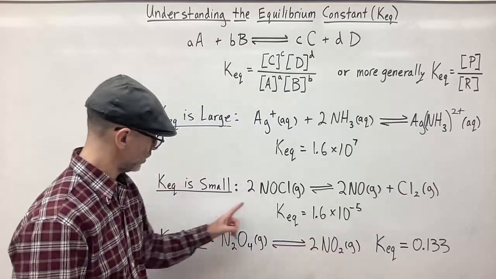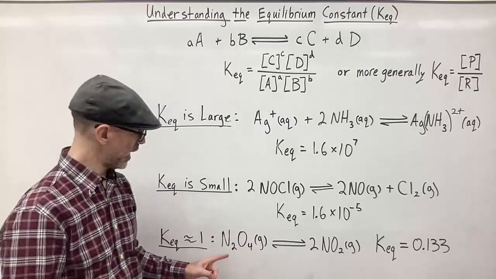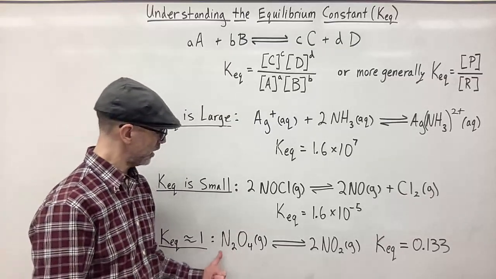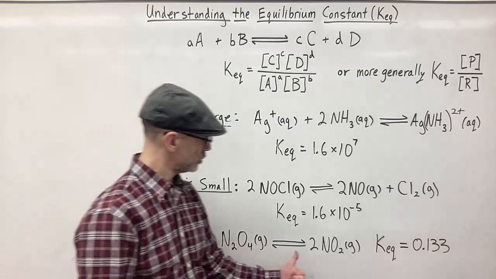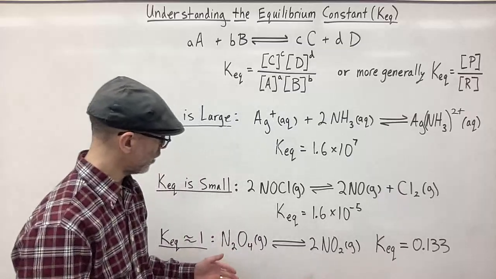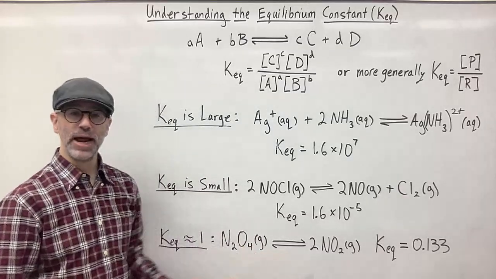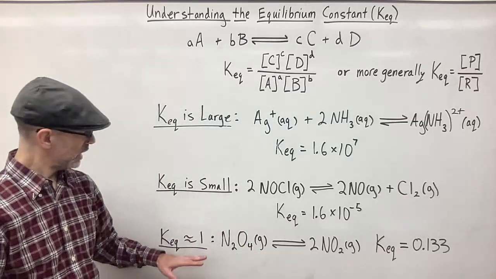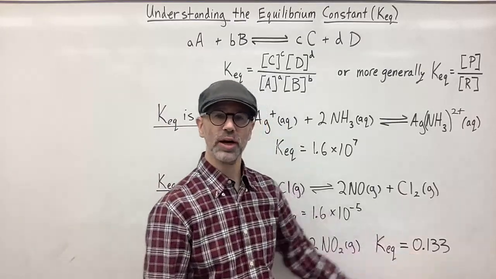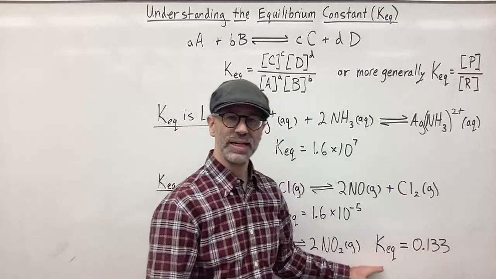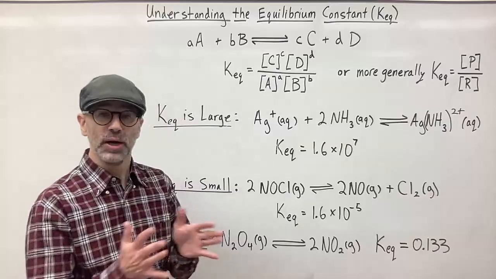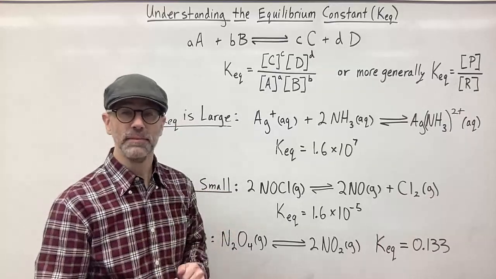So basically this is a decomposition reaction where your dinitrogen tetraoxide will break down into two molecules of nitrogen dioxide. And so here we have a reaction that has an equilibrium constant fairly close to 1, where this equilibrium constant is not really huge, it's not really small either, so it's in that near 1